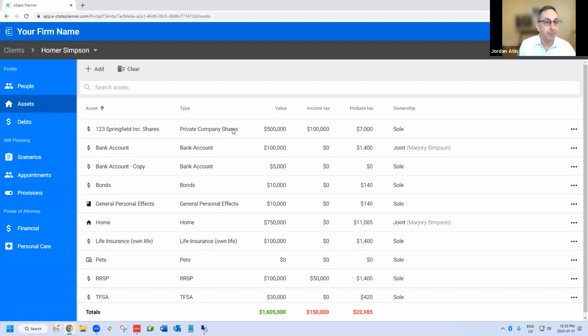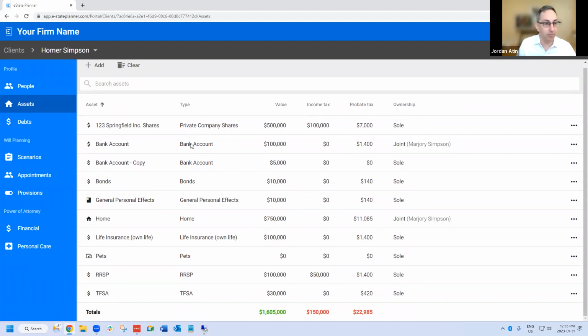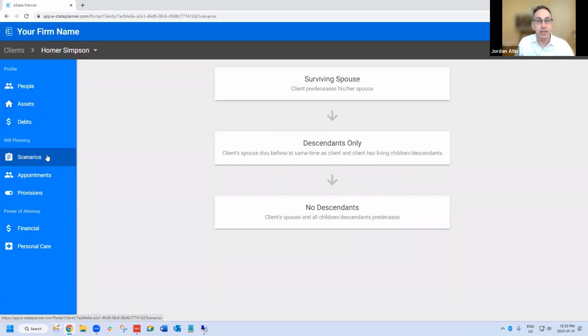So if we look down this list of Homer's assets, we see a few that we can designate a beneficiary on: RSP, life insurance, TFSA. So how do we do that? Well, we use the same scenario planning as you would use for any other gift. We start with, what do we want to do if Marge, Homer's spouse, is alive?